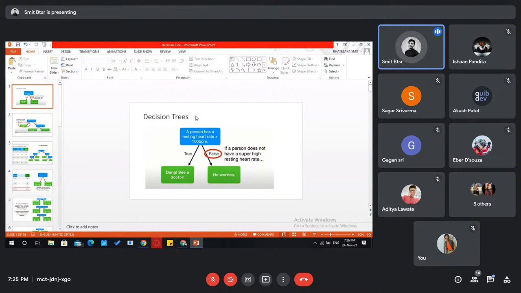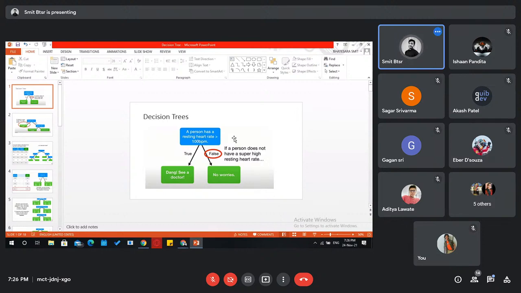So the general simple approach to making a decision is that we check, and we end up with certain questions like, is this true? Then do this, or else do that. We have covered this concept, right? If else, or else if else. So it is similar to that, but the representation of this decision making is a little different. You can think of it as a chain of decisions, like if this, then this, then this. This is just a representation of how we generally make decisions.